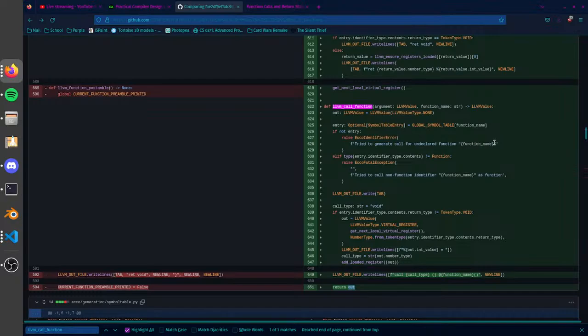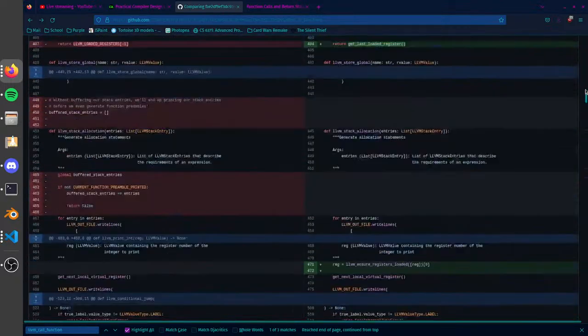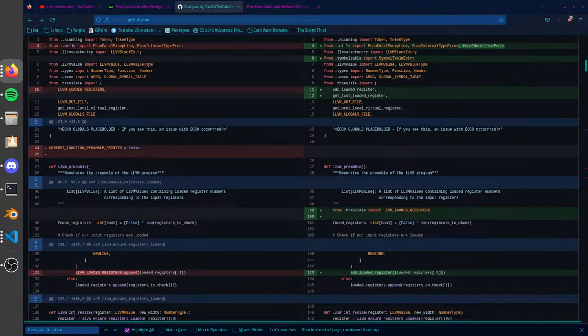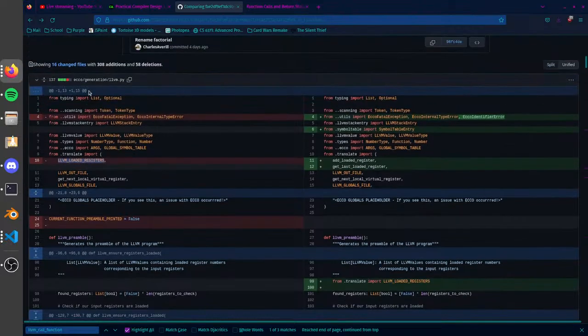So there are some bug fixes that I've added in this update. So one big one is add loaded register. So you'll notice previously that I explicitly called LLVM loaded registers append, and I would import LLVM loaded registers up at the top of the LLVM file right here. And this worked. The reason it worked is because all of the manipulation of LLVM loaded registers was done within